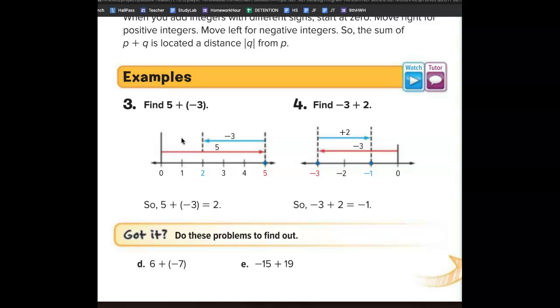Let's look at this one. 4, -3, -2. Same sign or different sign? Difference. So we find the difference, which means to what, Emma? Subtract. So 3 minus 2 is? 1. Let's see if we end up on 1. So I go -3, +2. We end up at -1. So if you find the difference and you know it's 1,